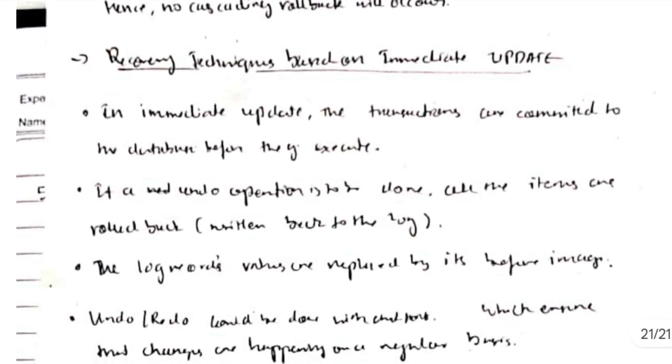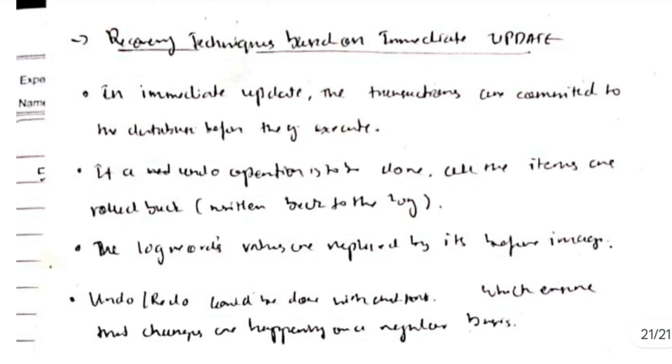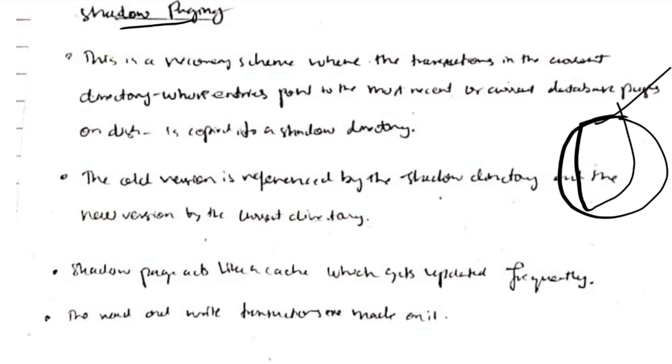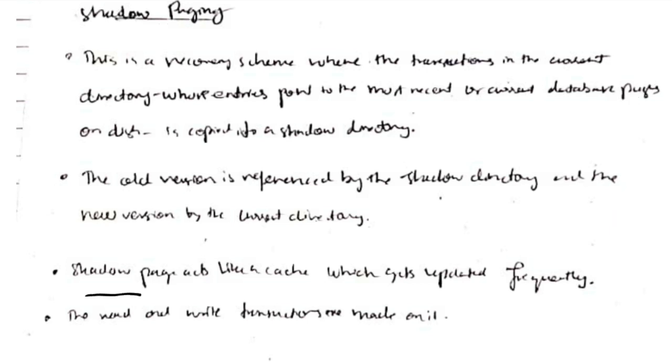Okay, so these are about the updates. If a thing is to be updated immediately, at that time it will go to a temporary state, and if the transaction fails it will be rolled back, else it will be written. And shadow paging means just a temporary version of the transaction to be written. It is a copy of the data, and if it looks fine to you, you can commit it. Here all the recent transactions happen just like the cache. So the shadow page acts like a cache which gets updated frequently.